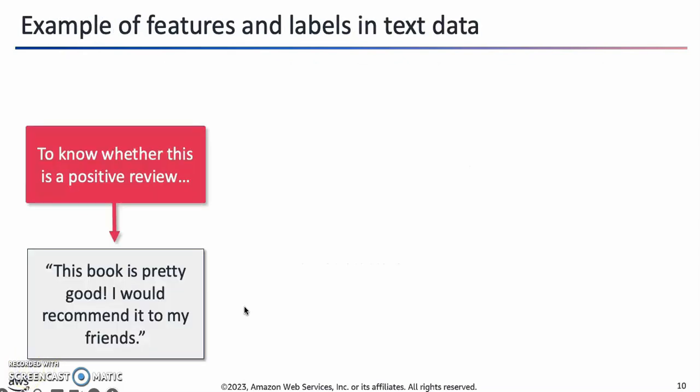So for text data, this is what machine learning algorithms are used for. We'll use those algorithms to know whether a text is positive. Perhaps the text is a review. Okay, and here's what we see on the screen is an example of somebody that wrote something about a book. Okay, now the process of how the algorithm is deployed